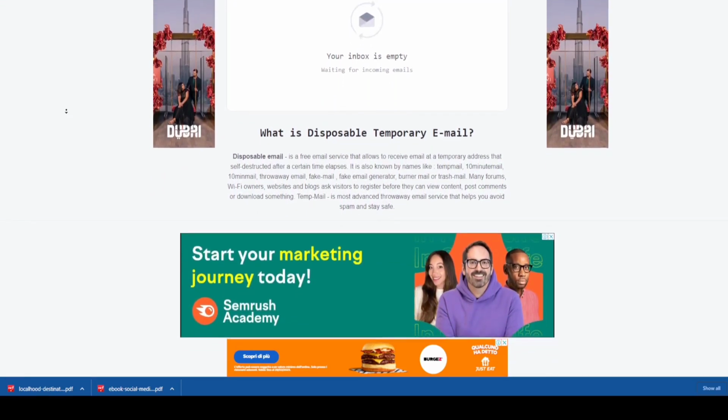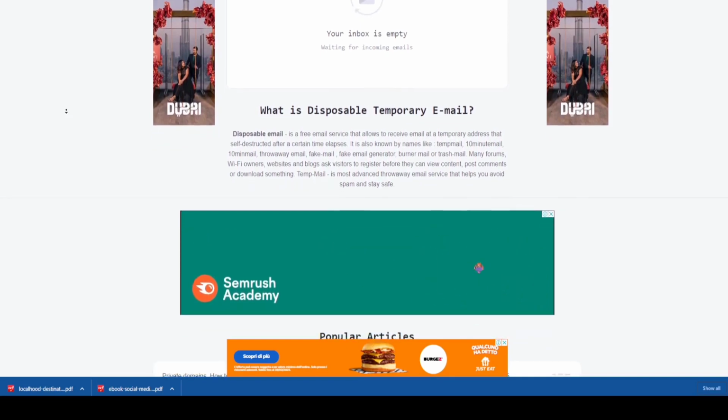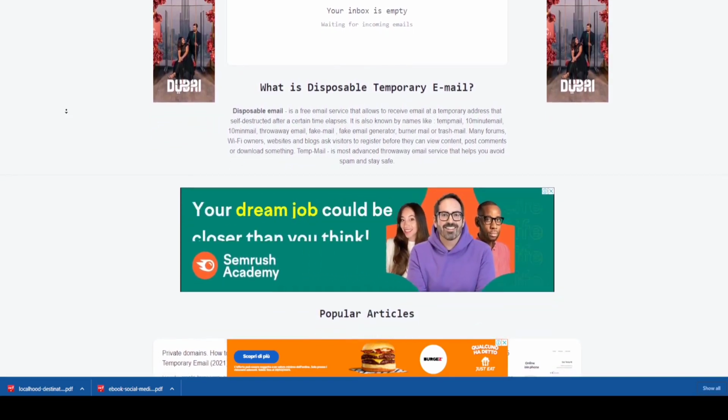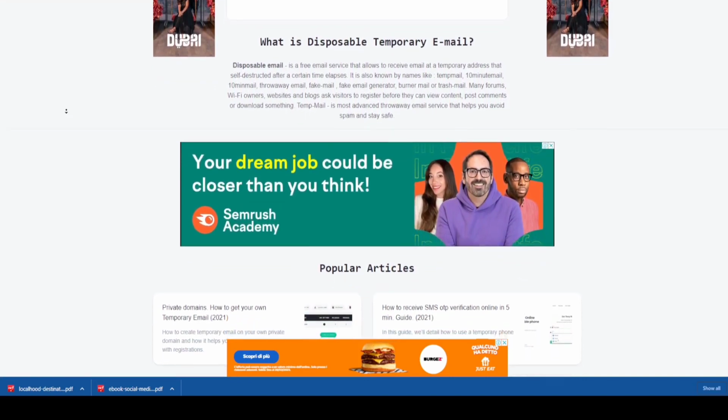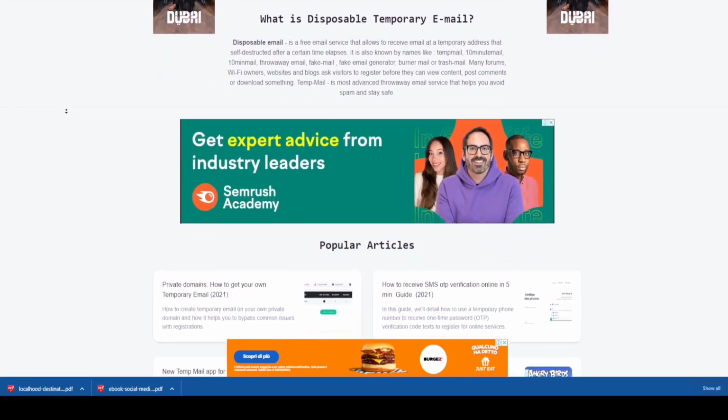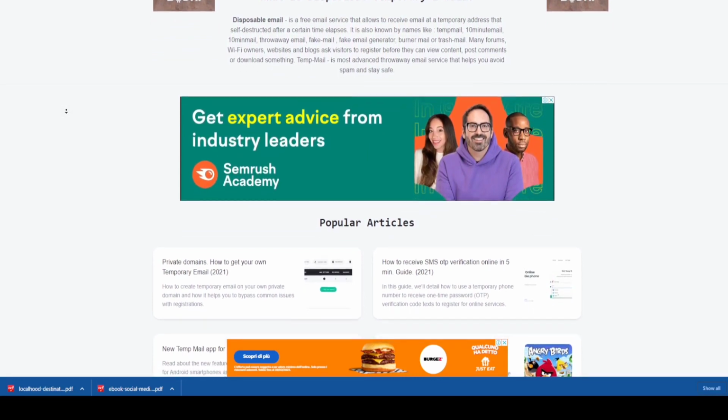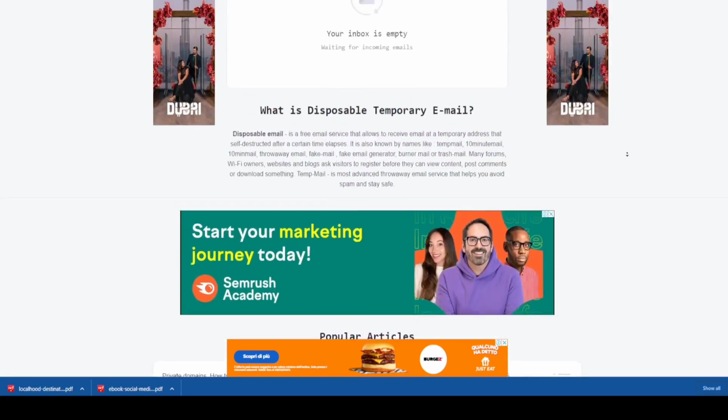This is basically going to help you in terms of logging into websites which ask you for verification of your email IDs. Let's help you with Tempmail. Let's get quickly started. As you can currently see on my screen,